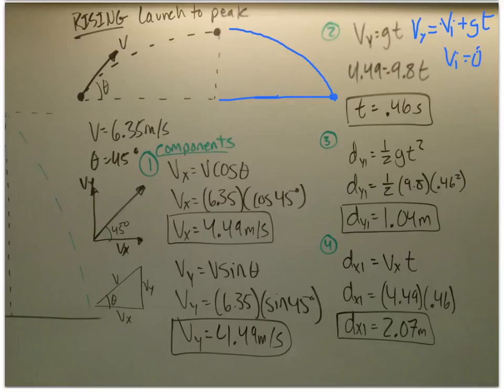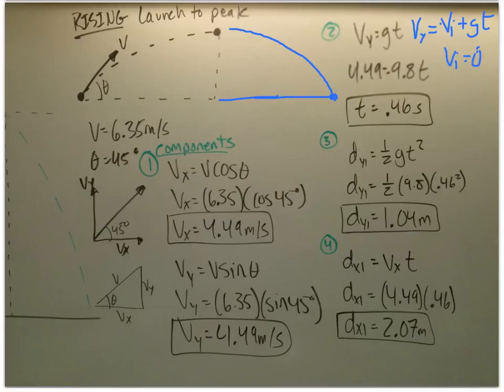So from there I can plug it into the dy1 equals 1/2 g t squared formula. The dy1 was this height right here. We call it dy1 because in the initial problem the whole height was dy. This is dy1, just this height. So dy1 will equal 1.04 meters,